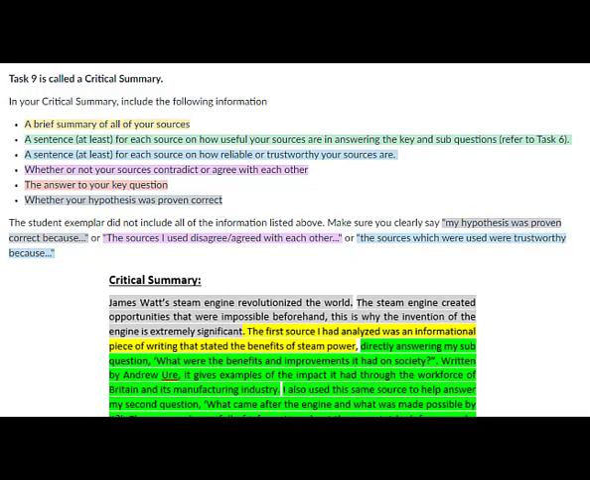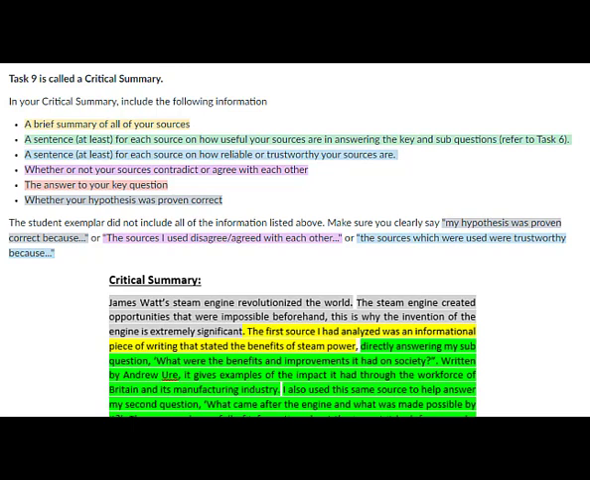This video is going to explain to you how to complete the critical summary, which is one of the last parts that you have to do for this assignment. What a critical summary is, it's like, well, it's in the name, it's a summary. It summarizes everything that you have learned in this investigation. One of the key goals of the critical summary is to answer the key question, which is included in this